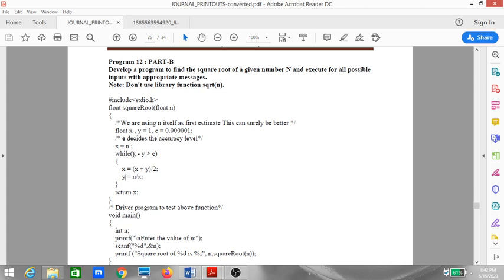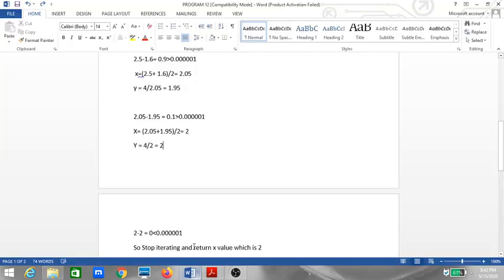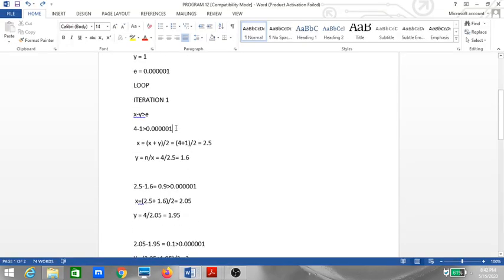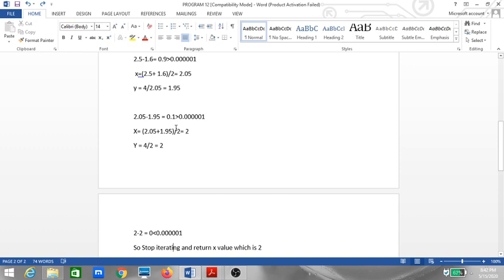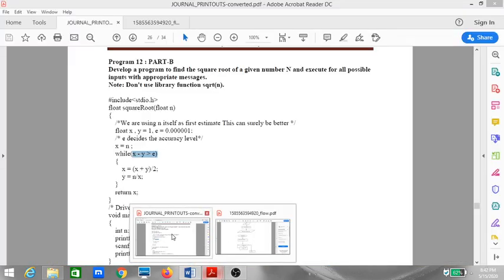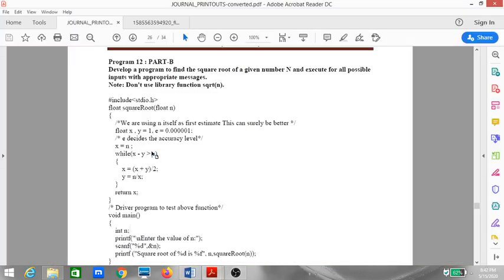So we execute this loop till this condition becomes false. And now after how many iterations? Let us check how many iterations we have done. This was our first iteration, this is our second iteration and this is our third iteration. So after 3 iterations we have got the value equal to 0, which is less than 0.001. So the condition becomes false and when the condition becomes false, we come out of the while loop.